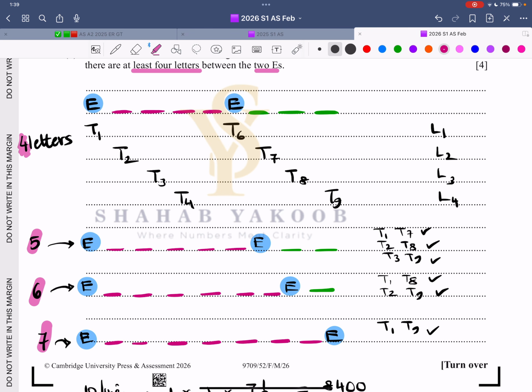So now technically, this is E fixed, this is E fixed. There are 4 gaps in between and then 3 at the end. So it could occupy the first and the 6th position. Move it 1 forward, second, move it 1 forward, that is 7th. Similarly, 3rd and 8th, similarly 4th and 9th. So there are 4 lines over there. So this is line 1, line 2, line 3, line 4.